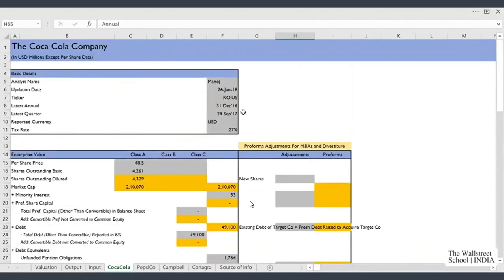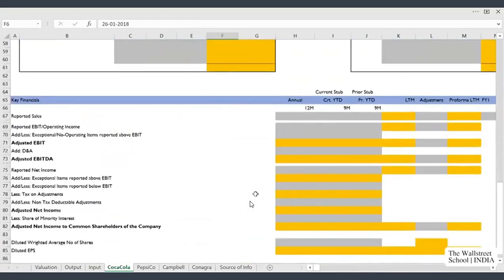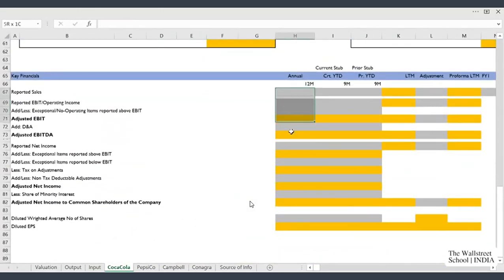And as you can see from basic details, Coca-Cola has published December 16 annual report as on updation date of 26 Jan 18. So, in this column, we have to punch in December 16 financials of Coca-Cola. Once we are done with the annual financials, we will move to the next column.